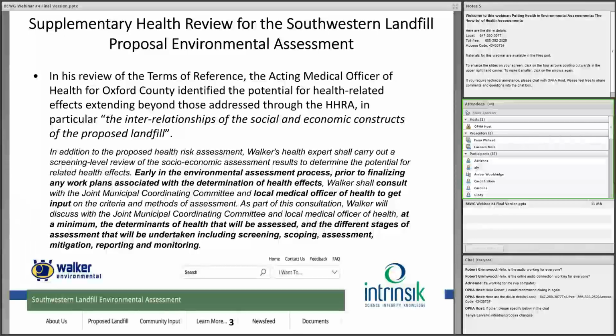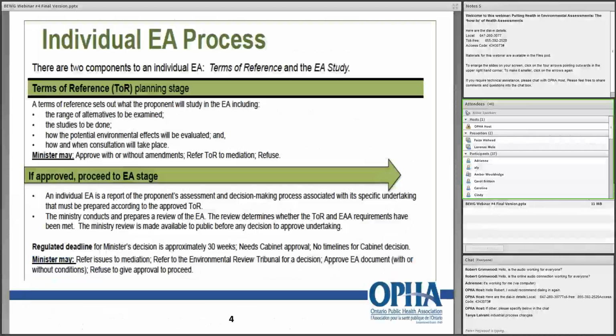So this was a great way in which, although there was absolutely no supplementary health review or health assessment to begin with, as it moved through the terms of reference process, the acting medical officer of health for a particular community reached out and identified the need for something like this. So this is a slide from the very first webinar we had, where Greg Janish from the Ministry of